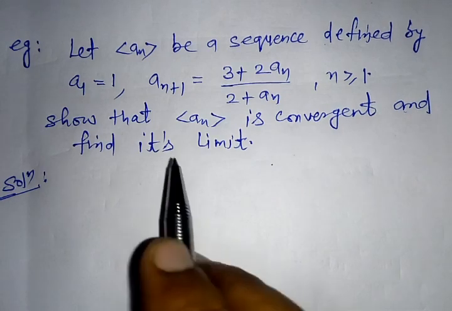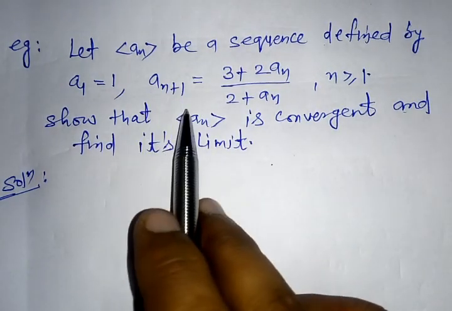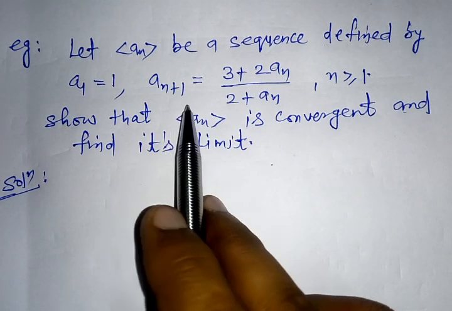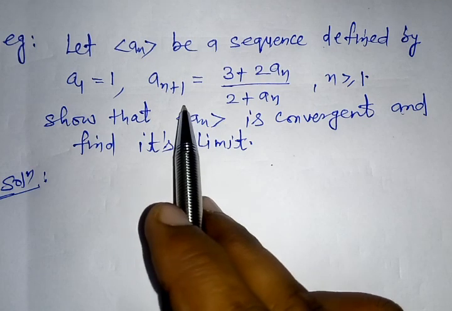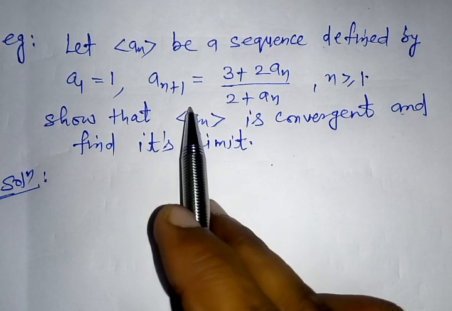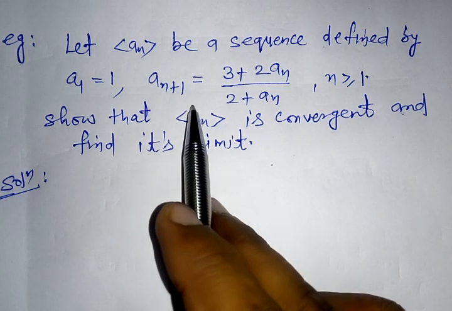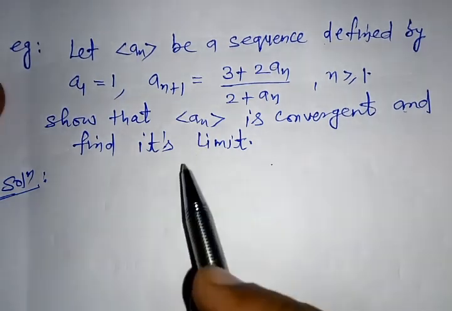So we will prove that the sequence is either monotonically increasing or decreasing. Okay, we will see here, and if it is a monotonic sequence, then we will see whether its bounds exist or not. If it is monotonic and bounded, then we can say that it is convergent. Okay, so